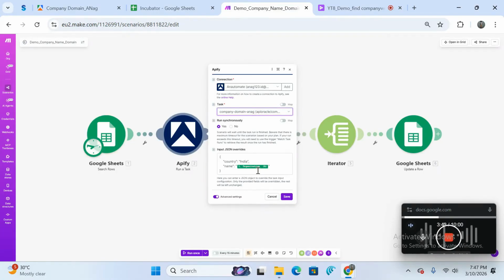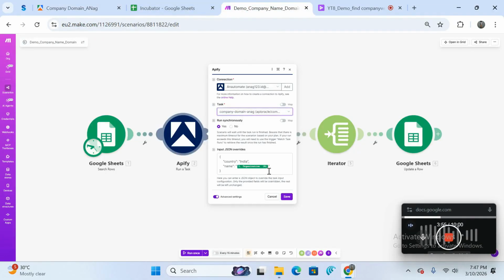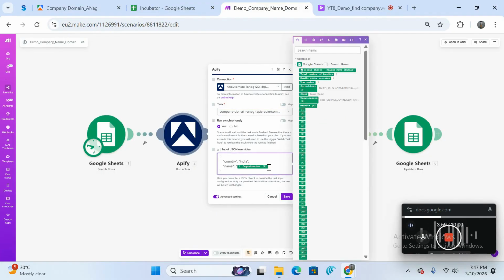Because this will give it a structure. In here you have to give your country, which in my case is India, which I have plugged in, and then you have to give the name of the company which you need to search. So what happens is, instead of manually writing what company I need to search, I will put in the organization name from here. So if it's a list of 241 companies, it will keep on picking up the names one after the other.